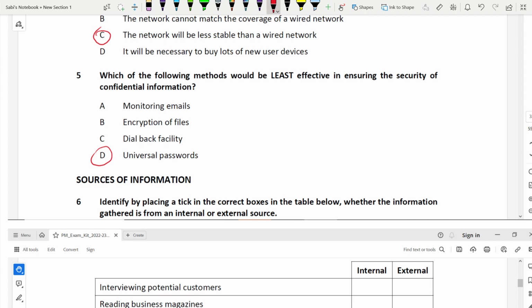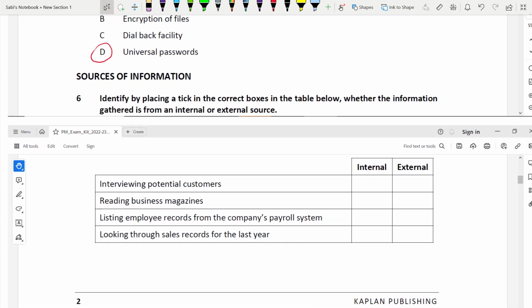Next questions are on sources of information. Okay, that means whether information is internal or external. So here, out of these four, you have to tick whether it is an internal source of information or an external source of information. Okay, reviewing potential customer,